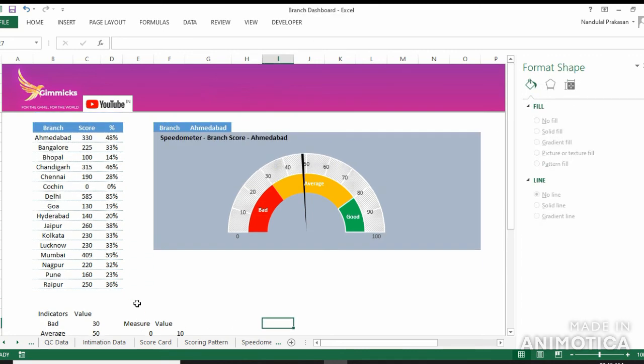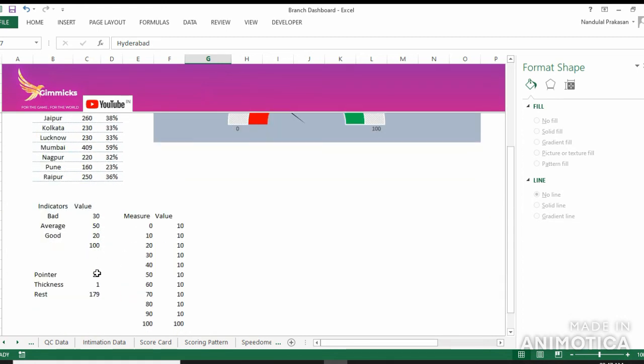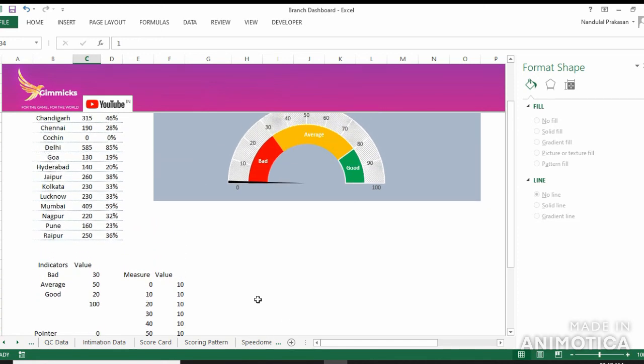Let's say we are taking 20, Hyderabad. Let's check whether it is pointing exactly towards 20 on that line, just to calibrate. It looks like it is pointing towards 20 exactly. Let's manually put a 0 out here and check. I believe it is pointing towards 0.